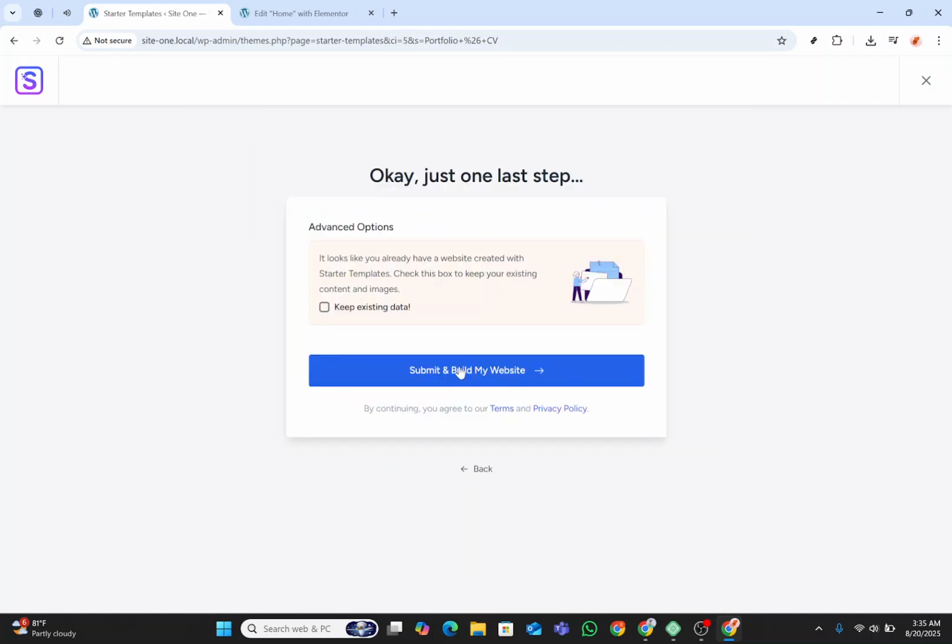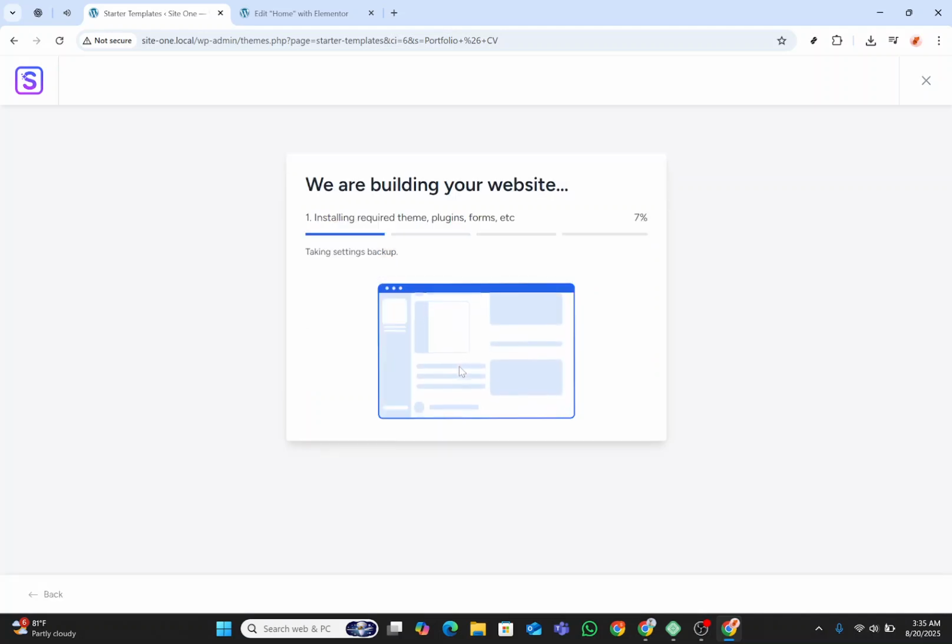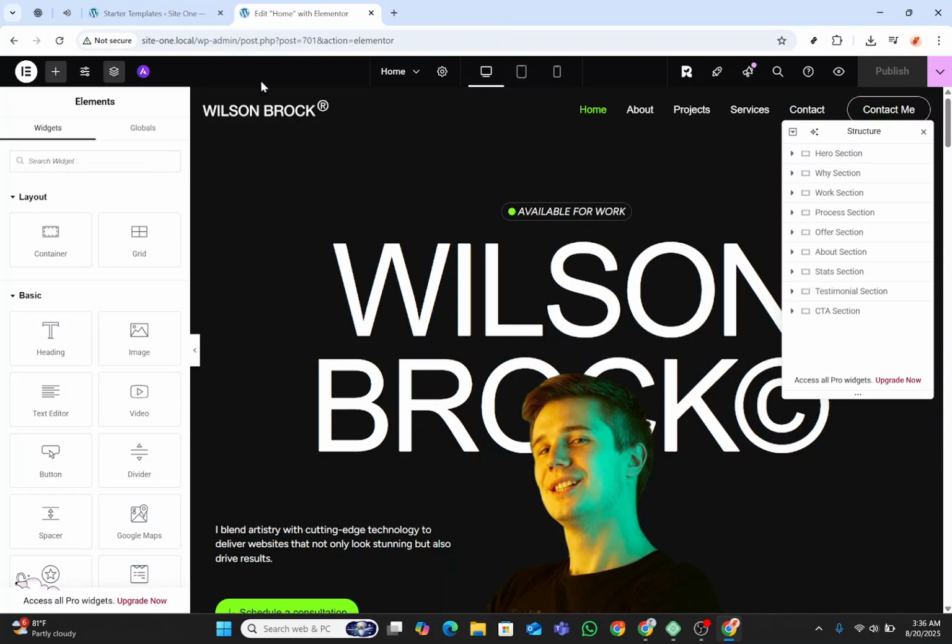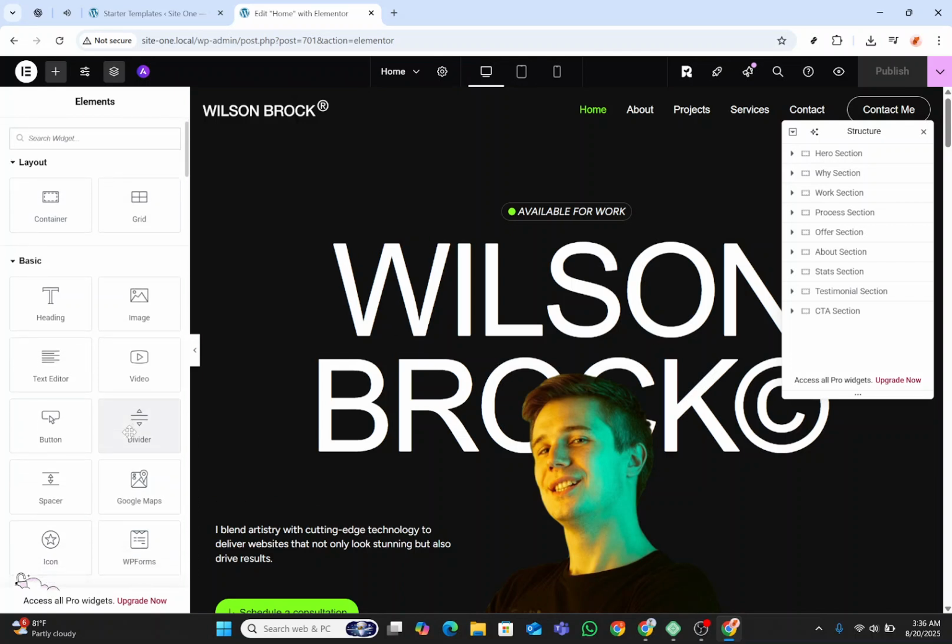To solidify all your choices, click Submit and Build My Site. This step finalizes your selections and starts building the foundation of your portfolio. Finally, you'll want to click on Edit with Elementor. This brings up the editing interface where you can fully customize each page. You can drag and drop various widgets, adjust layouts, and fine-tune details until you're satisfied with the overall outcome of